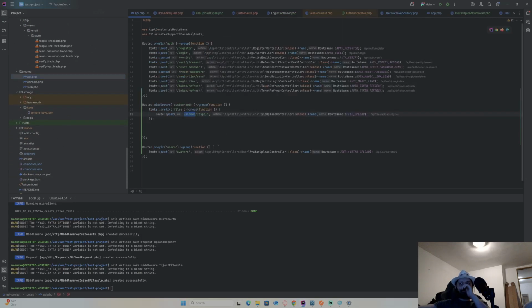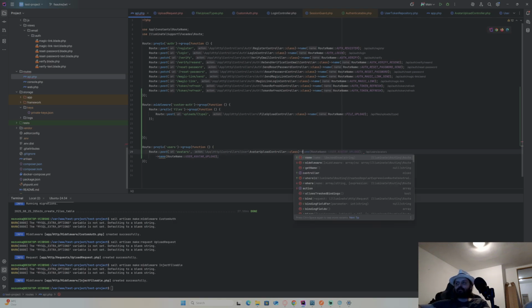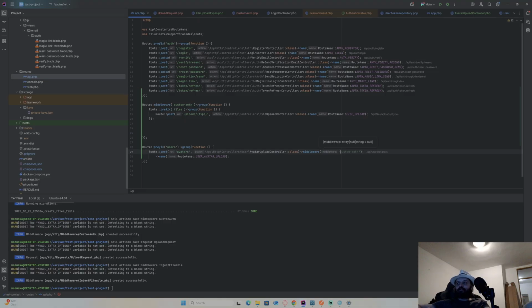to my API, and this post name. Let me just put name last, and now go to here, implement middleware. And I'll just use inject fileable here, and also I will do it like this to be more readable and better looking. And this is it.